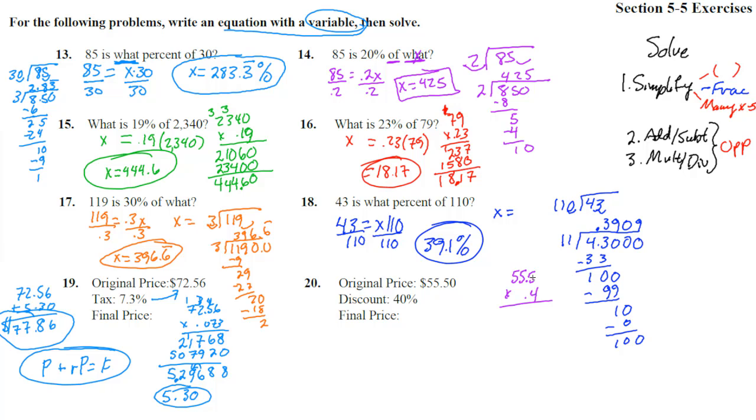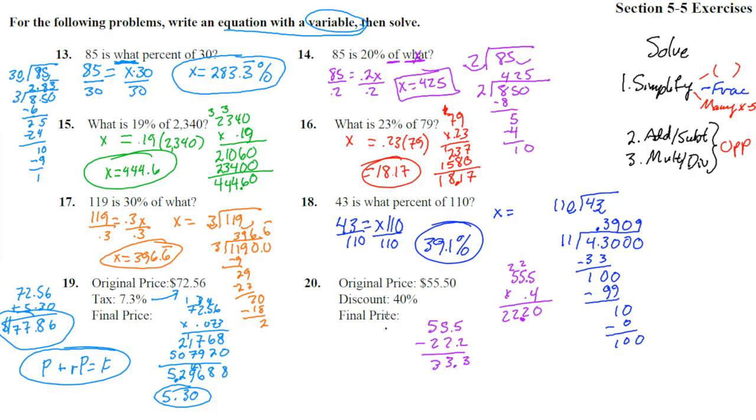This will be better. 4 times 5 is 20. Carry the 2. 4 times 5 is 20, plus 2 is 22. 4 times 5 is 20, plus 2 is 22. And we have 2 digits behind the decimal place, so it's right here. So that is how much they saved. That's not the final price. Let's not circle it. So now we've got to take 55.5, subtract 22.2, and we're left with a